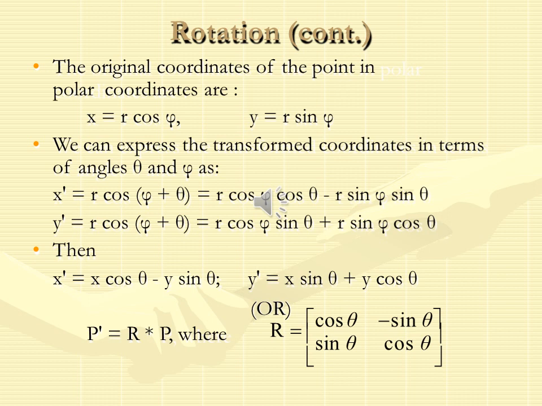And for the final rotation, how do we calculate it? P dash is equal to R into P, where R is the rotation matrix. How to calculate the R values? R is equal to the matrix with cos theta, minus sin theta in the first row, and sin theta, cos theta in the second row. These values form the R matrix, and the actual value is the rotation. How to calculate P dash? So R into P is equal to P dash, as here.